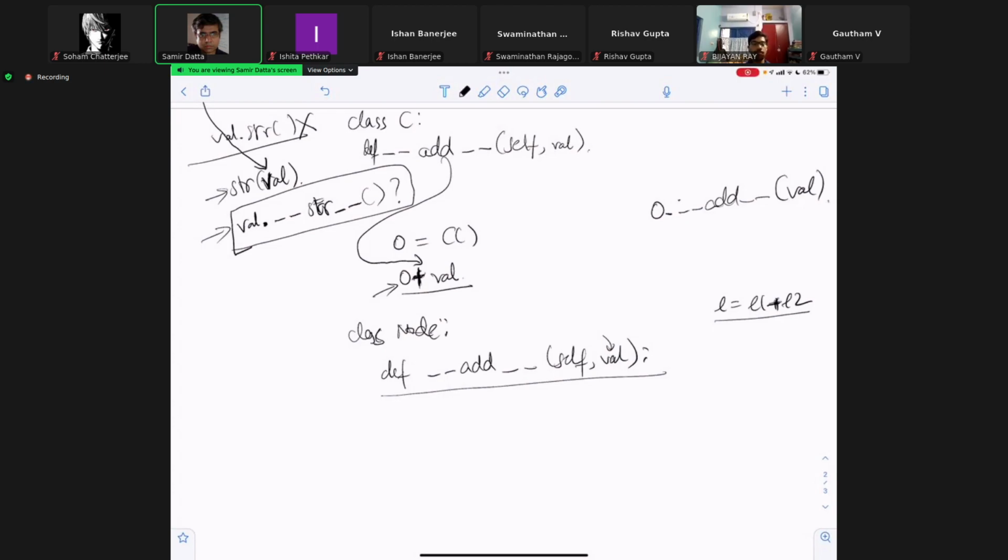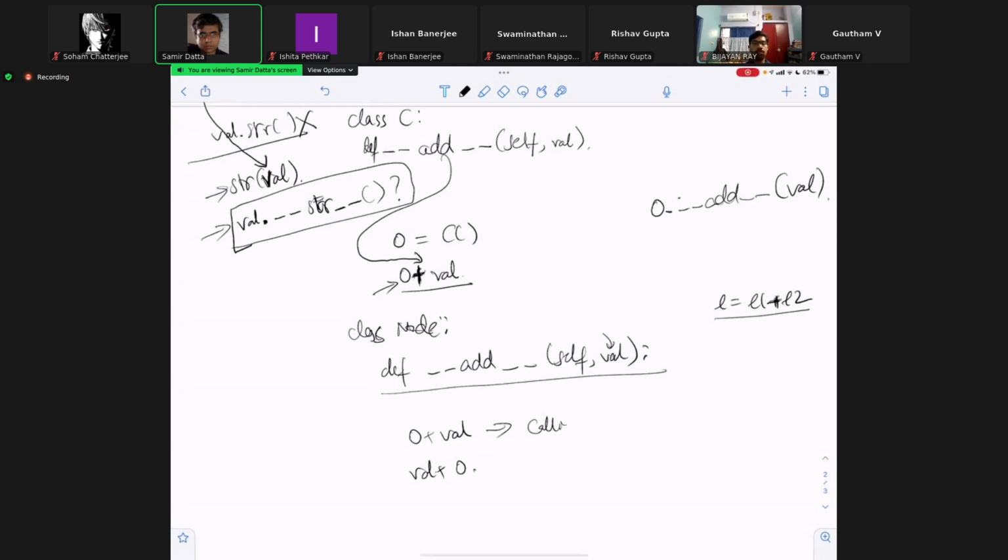Okay, that said, one more thing about this is that if you define this add function, O plus val and val plus O have different meanings. This means you are calling the add of O, and this means you are calling the add of val, which may or may not be defined. So this plus is not necessarily commutative,